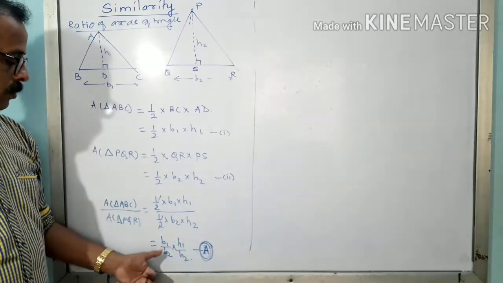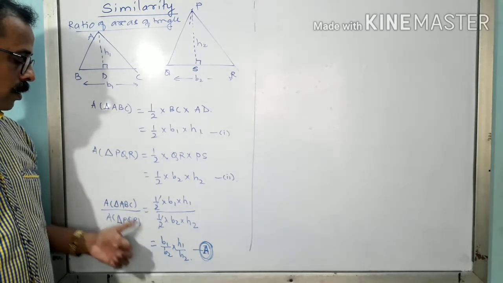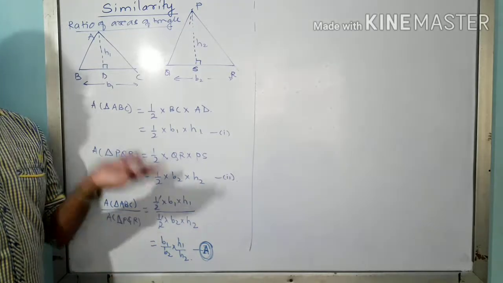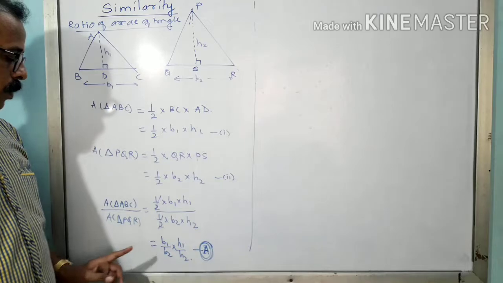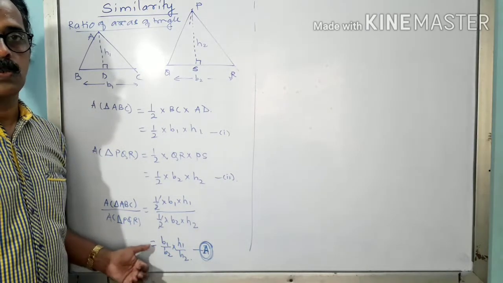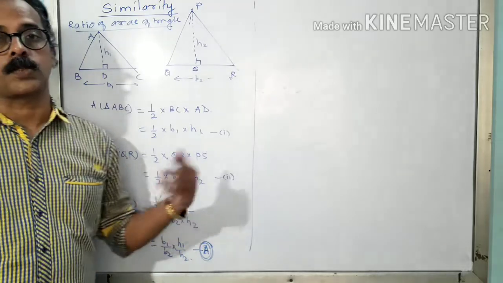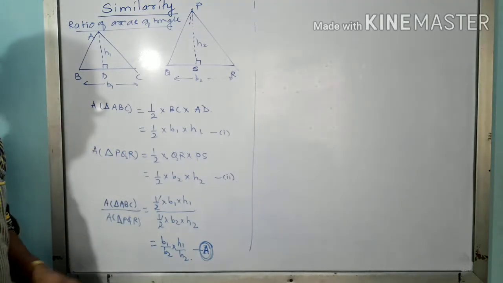Or they could give you the ratio of these two and ask you to find out the area. Or they will give you one area and the ratio of these two and ask you to find out the other area. That is the kind of question they are going to ask. So here we come to know about the first property: the ratio of areas of two triangles is equal to the ratio of the product of their bases and their corresponding heights. Now let us see the second and third conditions given in your textbook.